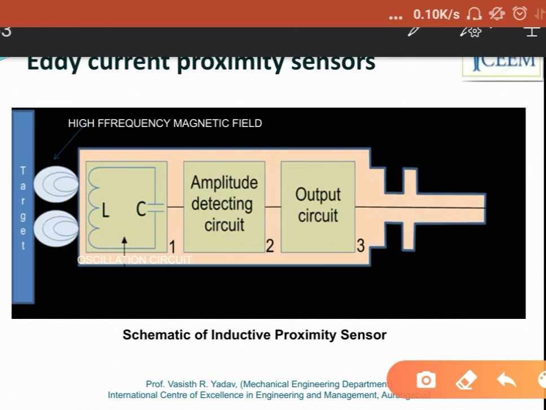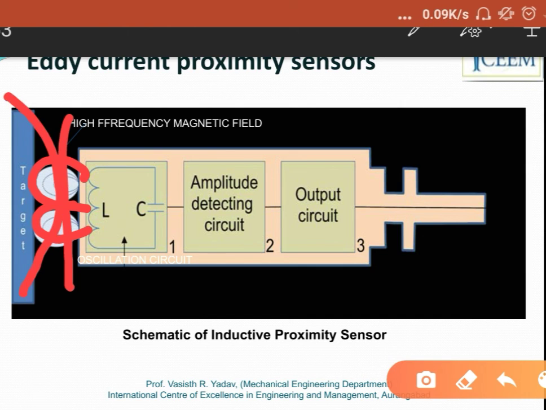So what we have seen is that in case some current is passed through the coil, then it will create a magnetic field, and in case some object is brought in the vicinity of this magnetic field, then eddy currents will be induced in those objects, and they will create their own magnetic field.